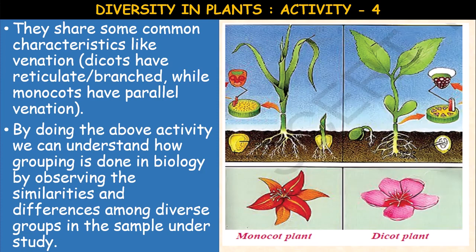Okay, so here the monocot plant, you can see a dicot plant. How is the flower? So in the monocot plant, this is a grass plant, a maize you can take here. This is the maize plant. Here the leaves show parallel venation. The seed has only one seed leaf, one cotyledon is present.